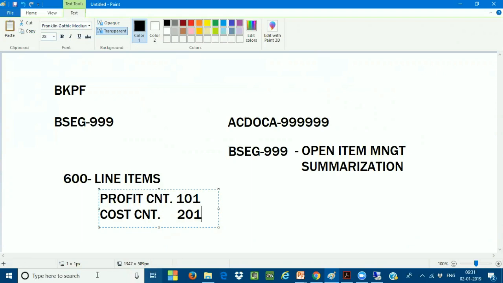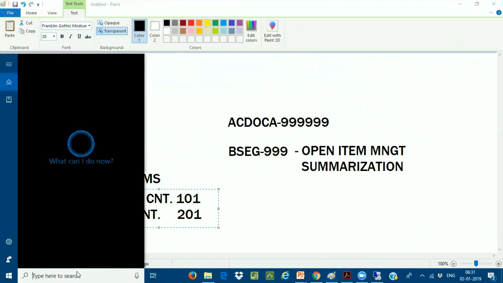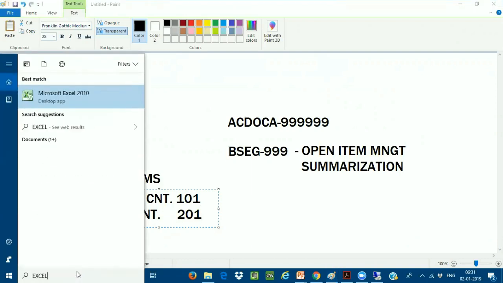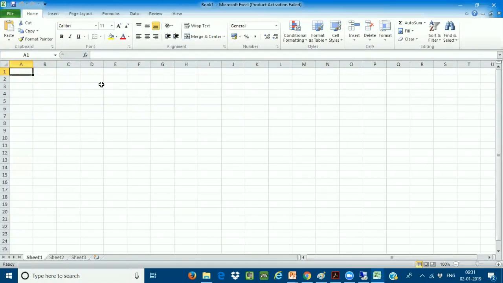So let me open the Excel sheet now. Okay, see here, I'll show one example. Line item 1, line item 2, line item 3, and line item 4.